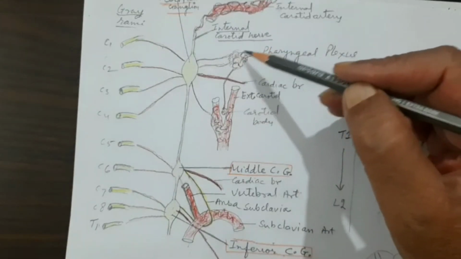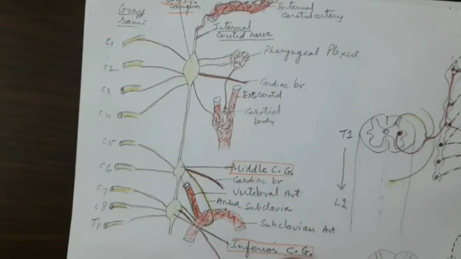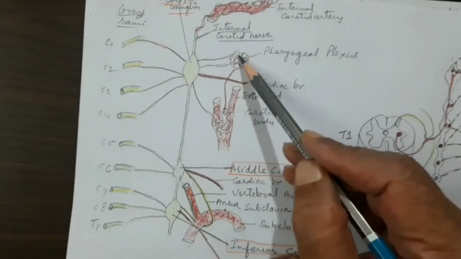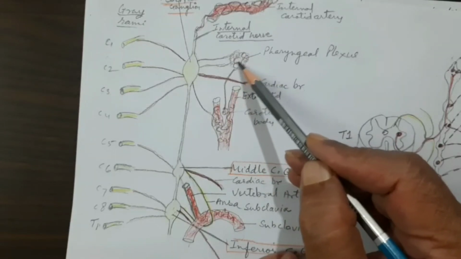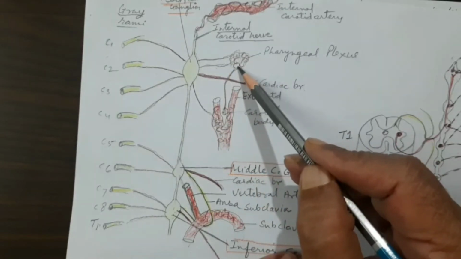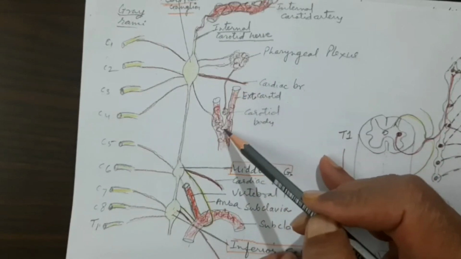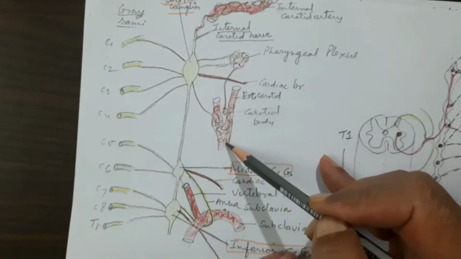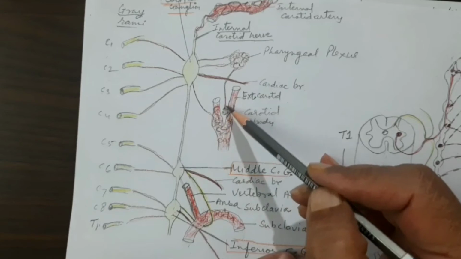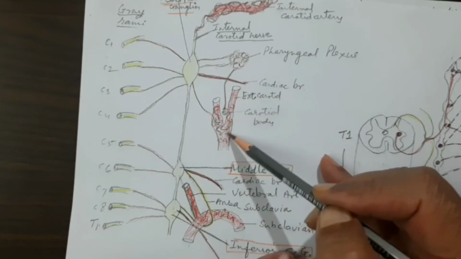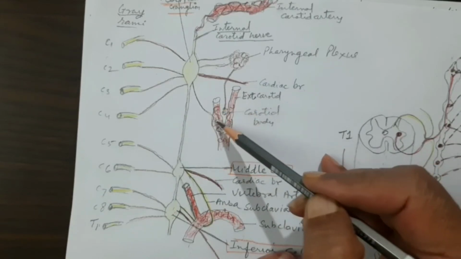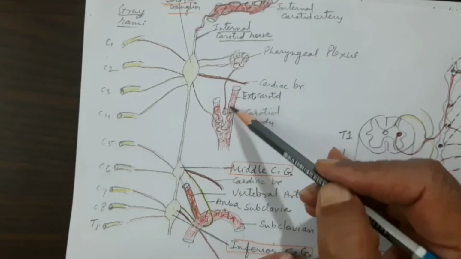pharyngeal plexus. And we have learned that the vagus nerve, the glossopharyngeal nerve, and the accessory nerve also contribute in the formation of the pharyngeal plexus, and these are the sympathetic component of that plexus supplied by the superior cervical ganglion, from which one of the branches will go to the carotid body, and from the superior cervical ganglion one of the branches will directly come to the carotid sinus. Okay, so the carotid body and carotid sinus will be supplied, and then these sympathetic fibers will also form a